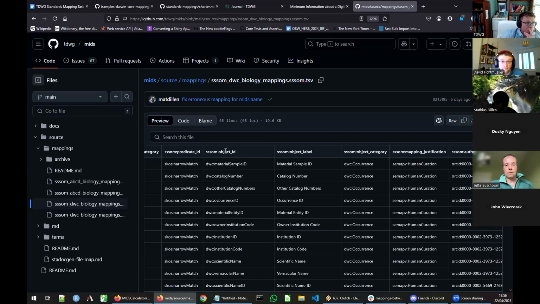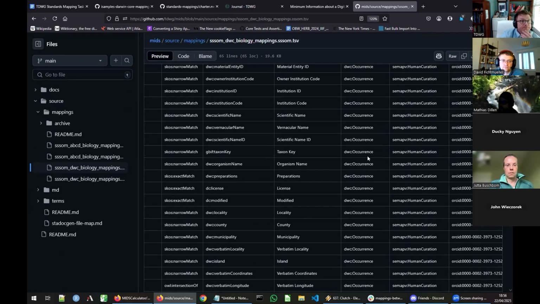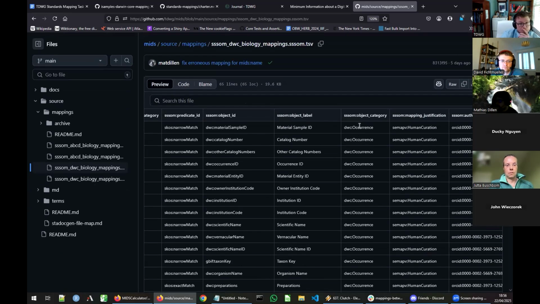So you have the individual mappings to the elements, the terms themselves, and we also can work on a higher level of the category, which allows us for a standard like Darwin Core to also map to extensions. But for more complicated data models, this might prove problematic. So that's something to investigate in the future as well.